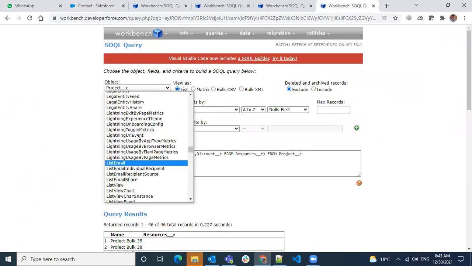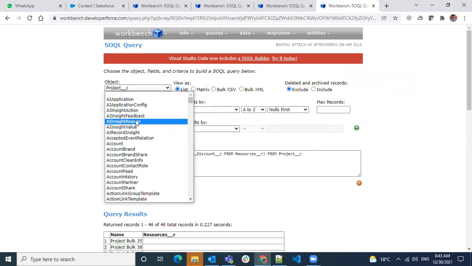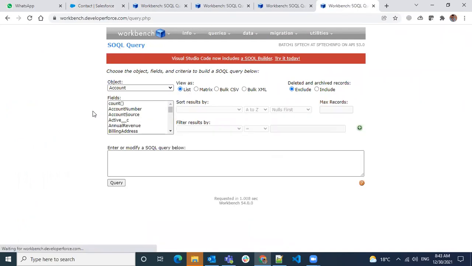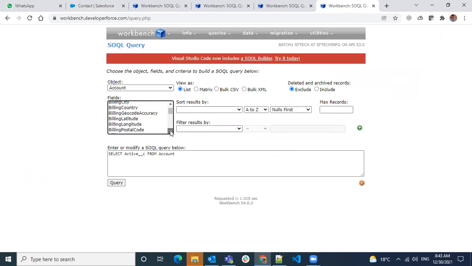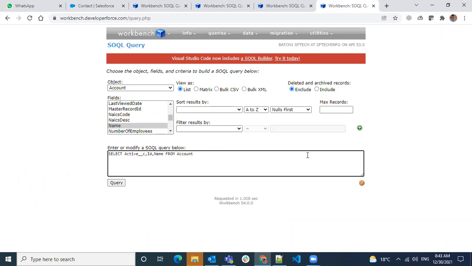Let's say I have a query on the account object, and along with these fields, I want to add a child query: select ID, name, email, phone from.